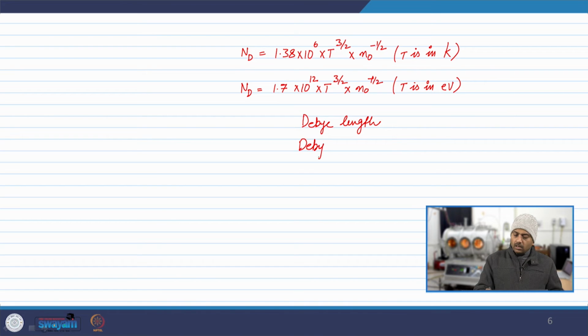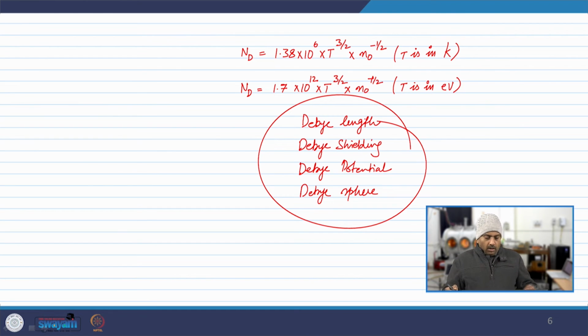Debye shielding, Debye potential and Debye sphere,